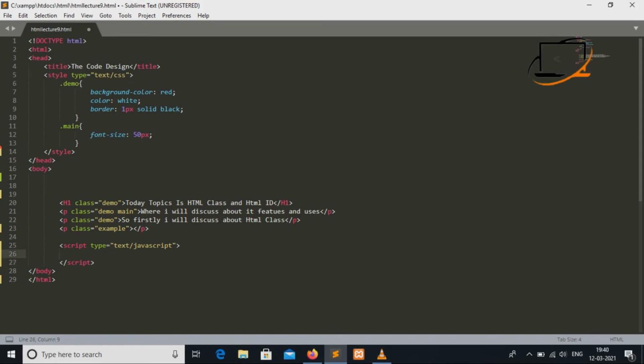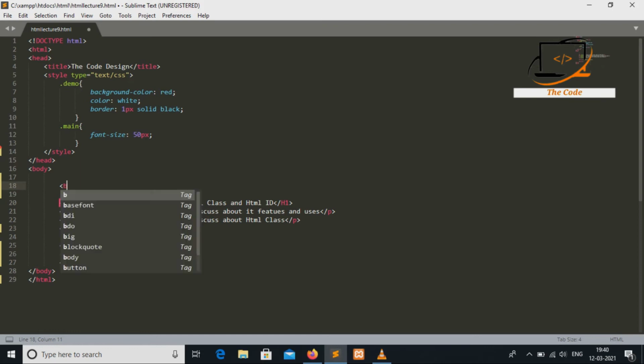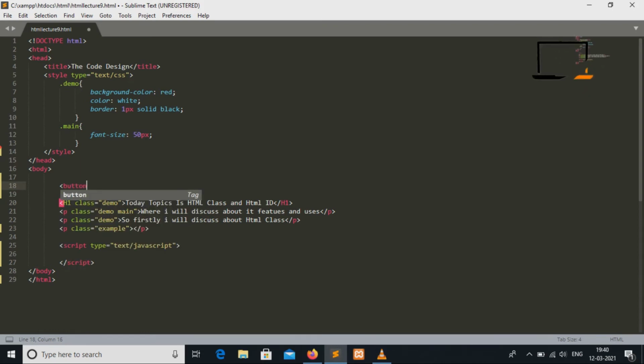Now I am using a button class, on which I am using the onclick event of JavaScript, so I am giving a function name, my function, and here we are simply hiding the HTML element.